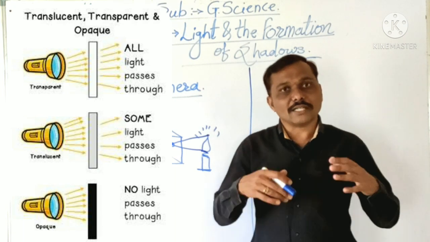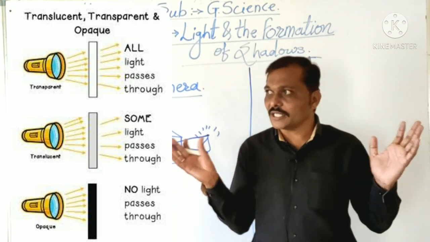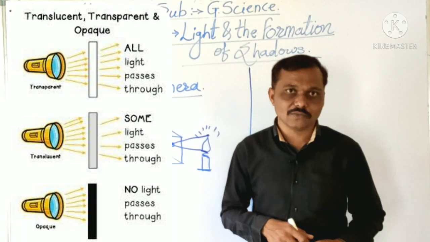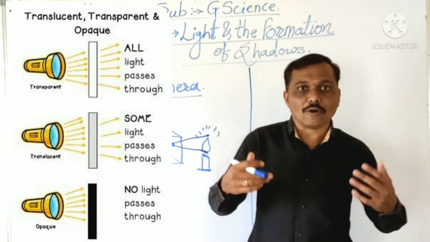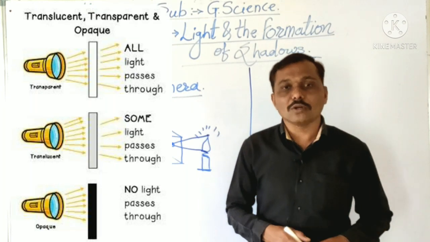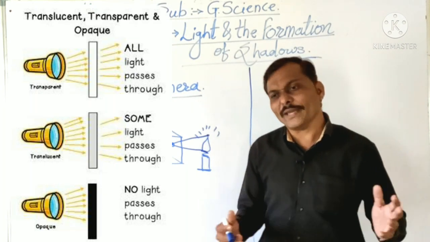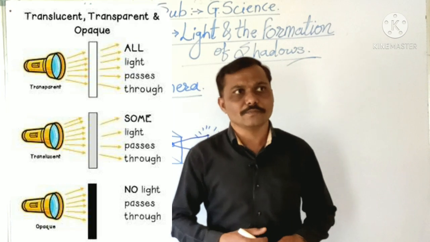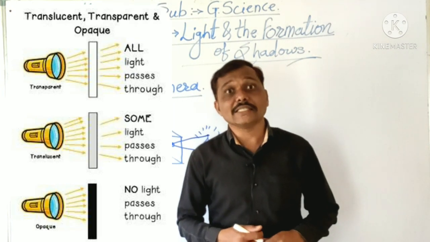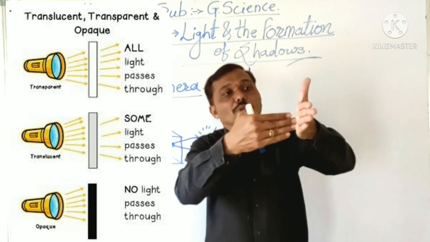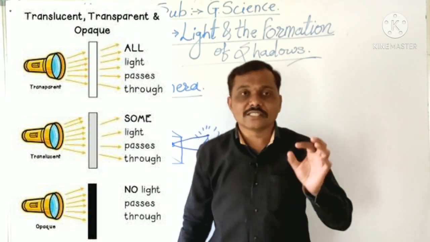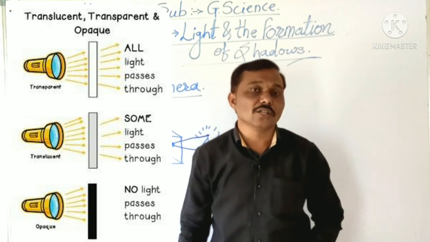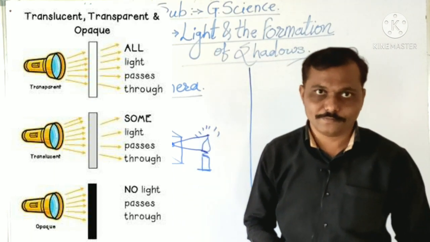Generally the objects that are present in our surroundings, paper, wall, chair, our body, notebook, door, and so many other things, don't allow light to pass through them, and that is why we can't see the things behind the object. Such a type of object is called an opaque object.